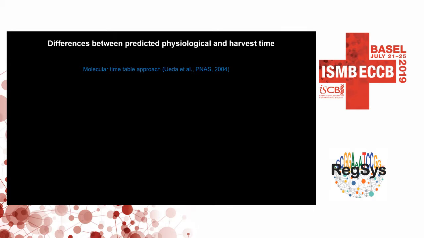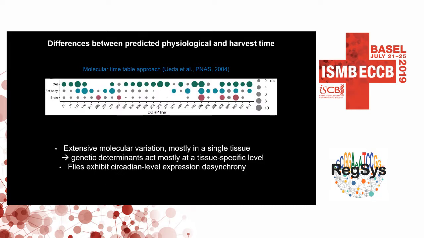And as I already indicated, we can now use this molecular timetable approach to systematically look at to which extent circadian gene expression variation is present in this Drosophila genetic reference panel. And the results that we got are quite striking, I think. So this is illustrated here. Here we have the 3 tissues. Each number is a different DGRP line, and all of those lines, at least in one tissue, show